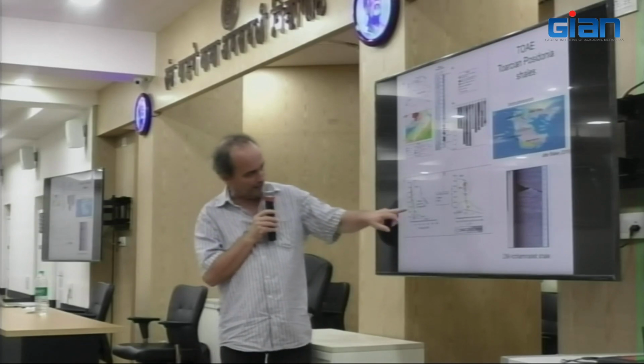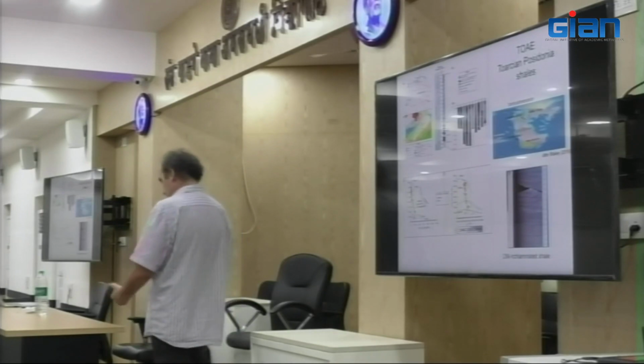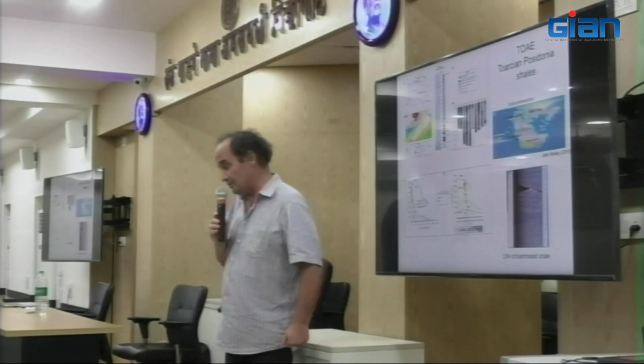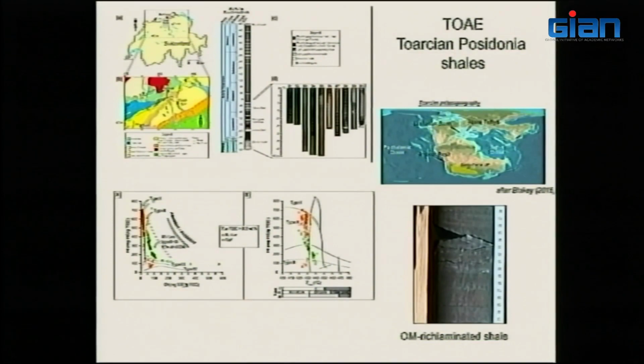And here the green points are coming from outcrops outside, where alteration can be quite high. And the red ones are coming from a borehole. And you can see here that generally you have a better preservation in the borehole than in your outcrops. This is quite normal because you have some oxidation on outcrops that you don't have in a drill core, okay? And we can also measure with that machine different things against this hydrogen index,